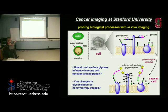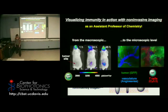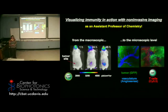And so I'm showing these little stars here, and can we actually image how those sugars influence cell migration inside living animals? And then can we visualize these changes that occur with things like cancer and other physiological processes? And I've been at Stanford now for a little over a year, and I'm now moving on to become an assistant professor of chemistry. And so I'll be taking all this previous research into carbohydrates and imaging and looking at cells to be able to look at still more physiological processes inside living animals, which we'll talk